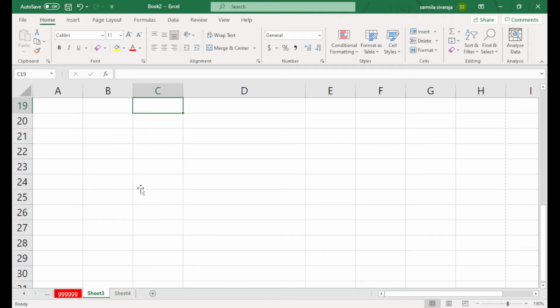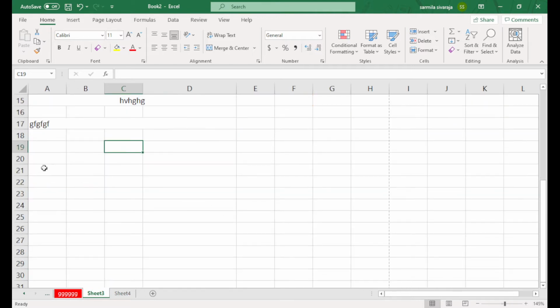And one more thing, when you type numbers in your cells, for example, I will type 10, 20, 220, something like that. When you type numbers in your cells, they come to the right side. If you write any text in your cells, it comes to the left side, because we can use arithmetic operations for numbers, so that's why they are on the right side.